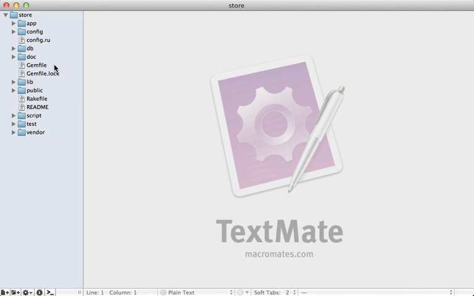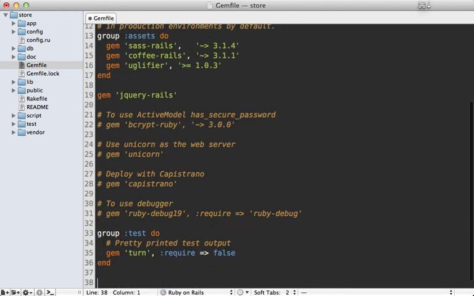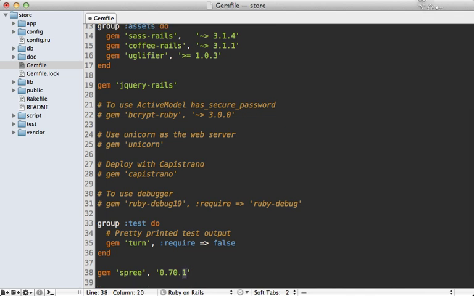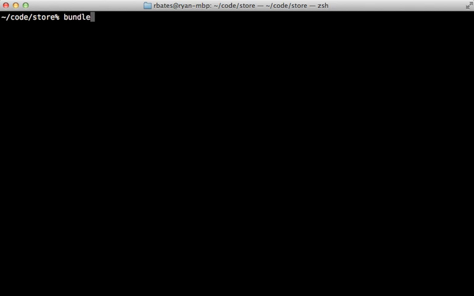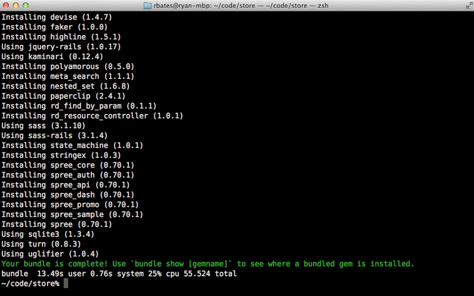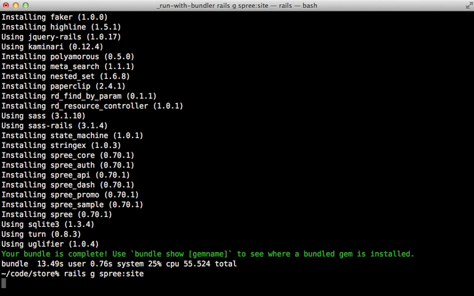And then I'll go into the Gemfile and add Spree to the bottom of here. Now I'm also going to specify the version here because Spree changes quickly, and this is currently the latest version, but who knows what the next version will be and what will be different. And then run the bundle command to install Spree and the many gem dependencies. And then once that is done, you can just run rails generate spree site to turn your application into a